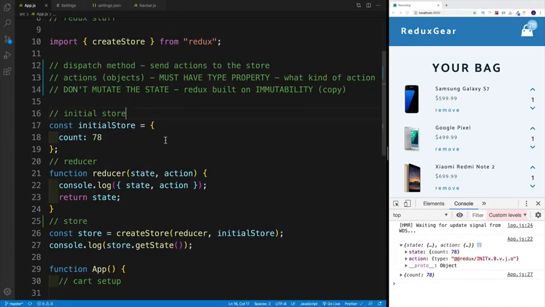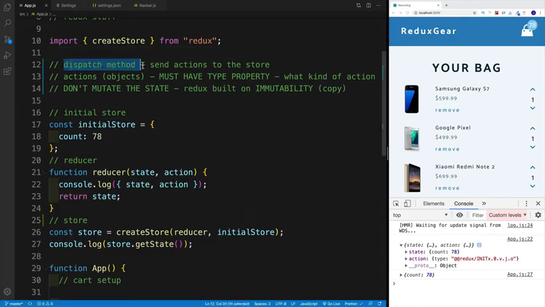While passing dummy values around our application is a lot of fun, you're probably more interested in how you can set up your own action. Because, of course, that is the way for us to control our store. And the way we do that in Redux is by using the dispatch method, which effectively sends the actions to the store. Now, if you're interested in what kind of syntax we have for the actions, you don't need to look any further than your first console log, where you can see the action, and then we have the object,